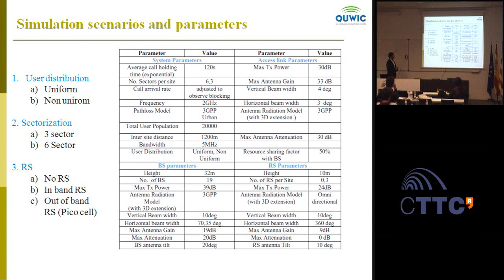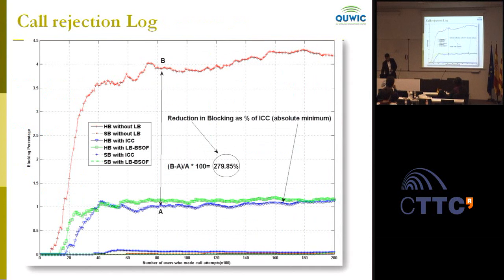These are our simulation assumptions, quite detailed. You can look at them later, and this is what we get. Here, let me explain what is happening. We are logging call rejection phenomena. We are logging what percentage of the users don't find a free channel for a given user distribution and traffic rate. So without any load balancing,